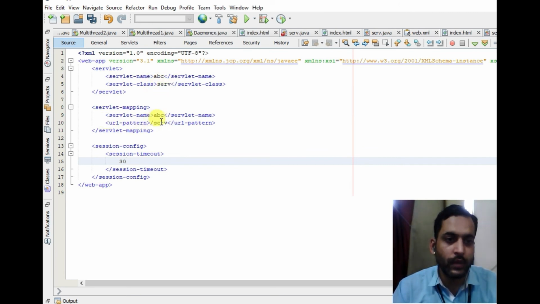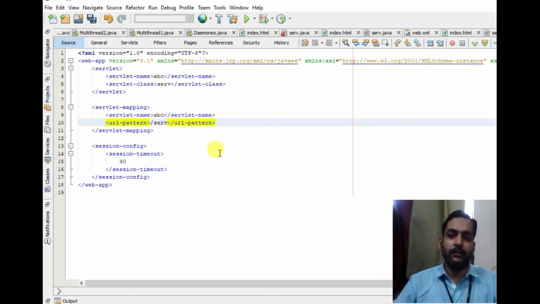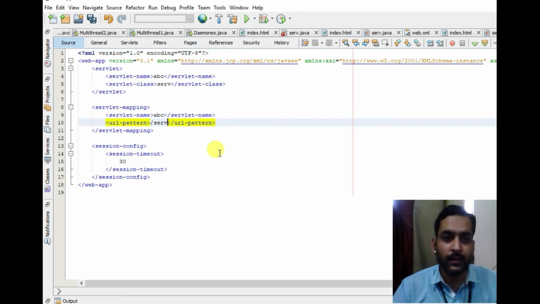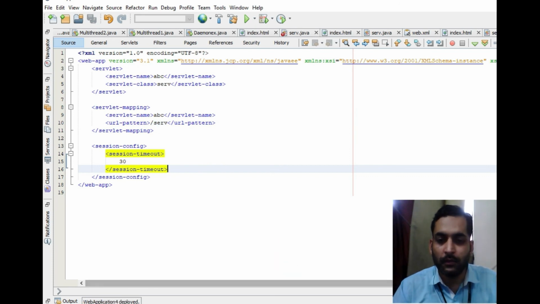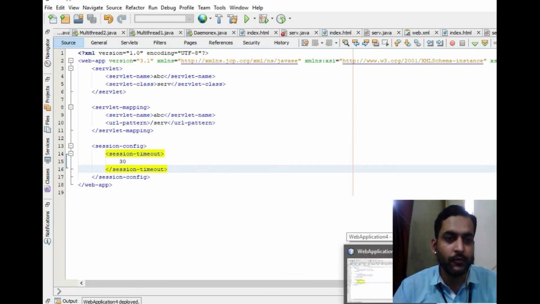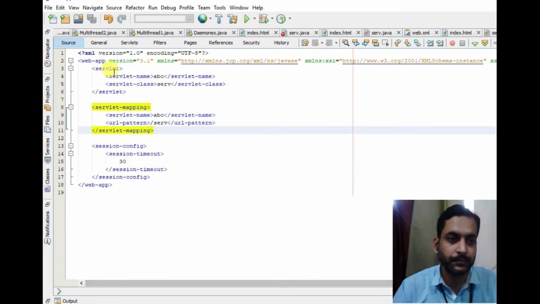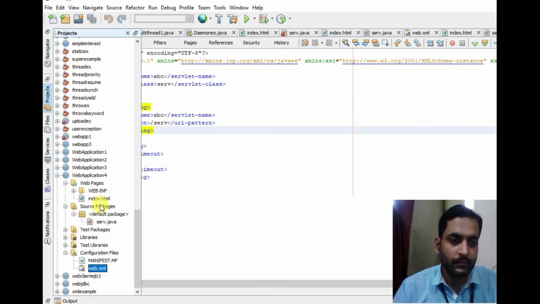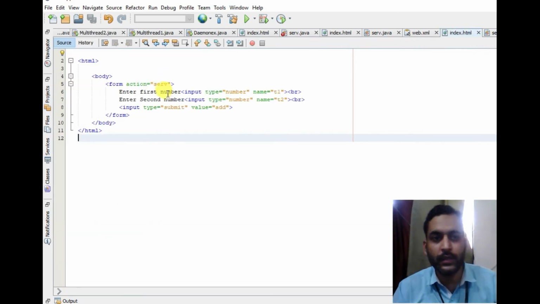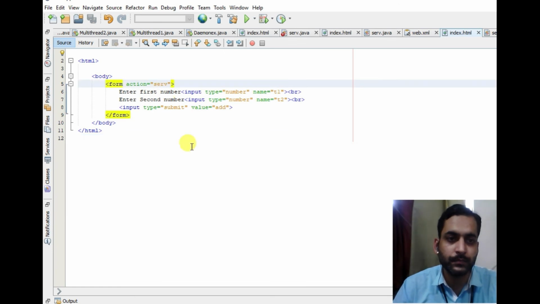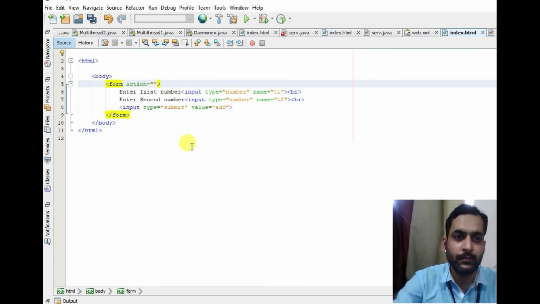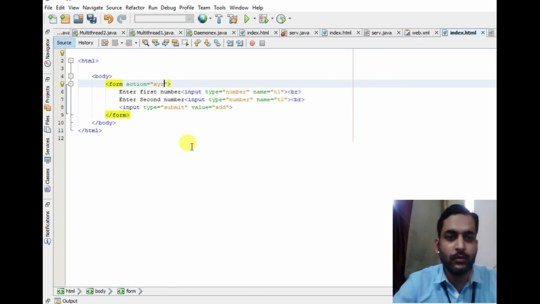See, what is this URL pattern? This is the name of the servlet call, which we give at the time of calling the servlet in the form tag. Let us see. In this index.html file, if I change the name to xyz, basically I am calling the servlet xyz.